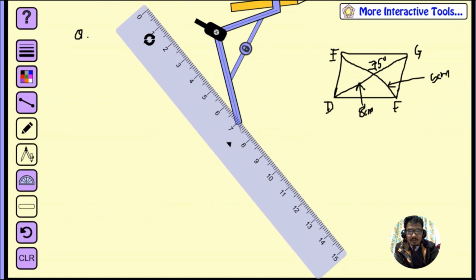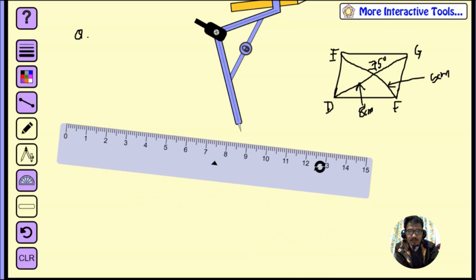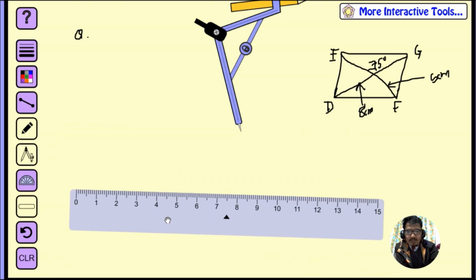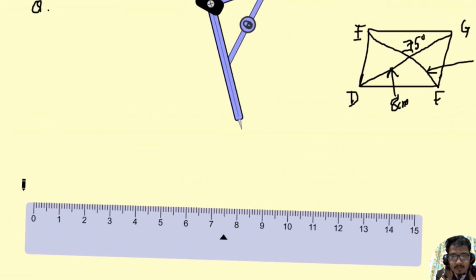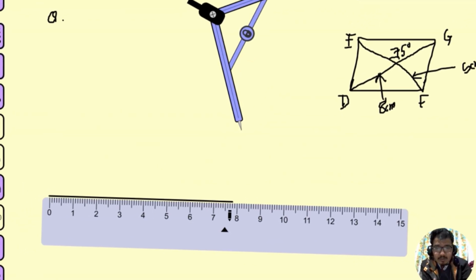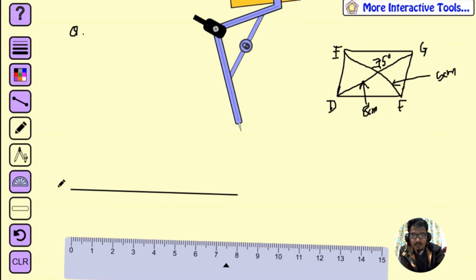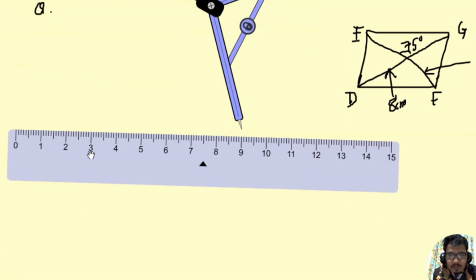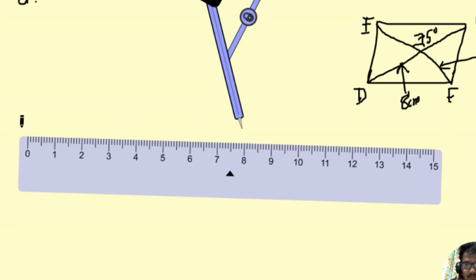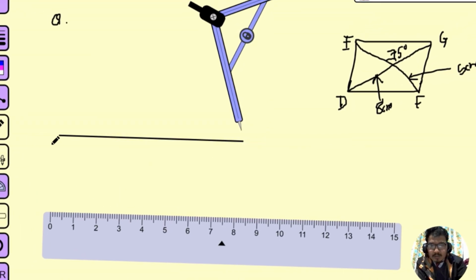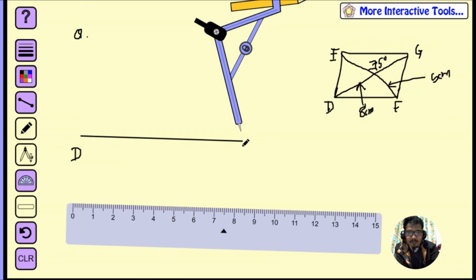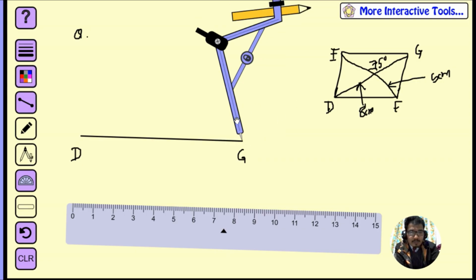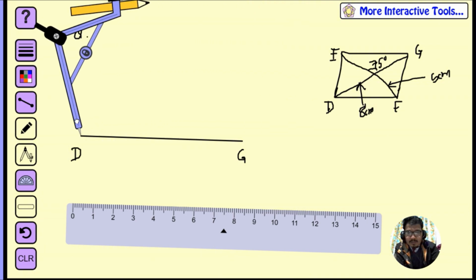okay. See here, first of all draw one diagonal whose length is 8 centimeter, right, this is 8 centimeter, draw like this, okay, its name is given, you can draw this a little bit up, there must be space down also, this is 8 centimeter, okay, like this, and right here DG, okay, DG, and we know that they bisect, okay,